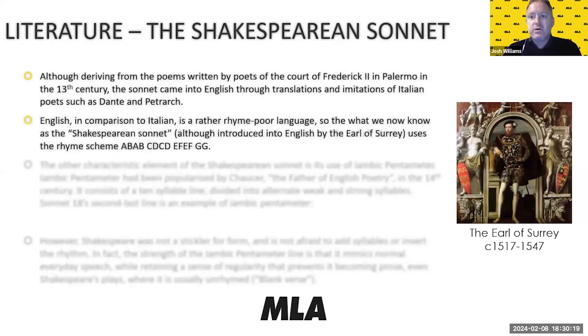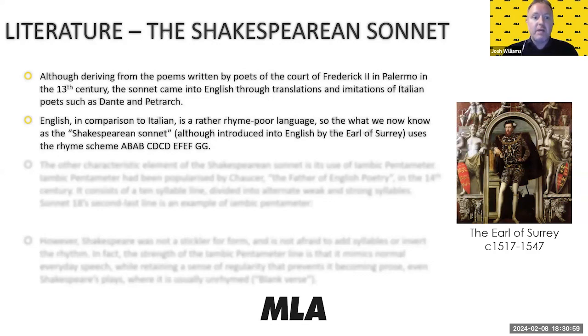In the sense that we have so many vowel sounds and we don't have, for example, the standard vowels or accents regular at the end of words. So what the Shakespearean sonnet, introduced by the man on the right, the Earl of Surrey, did was not use quite so many repetitive rhymes. In the Petrarchan sonnet, we generally have three rhymes for each. Well, how can I say? Each line has two other rhyming ones, whereas in the Shakespearean one, there's only one other rhyming.